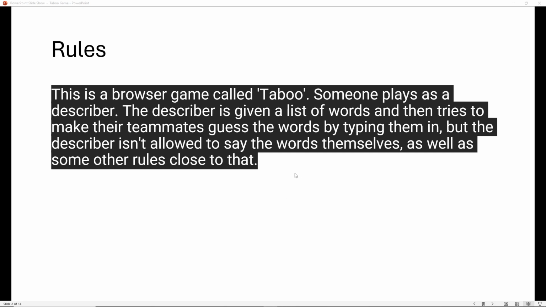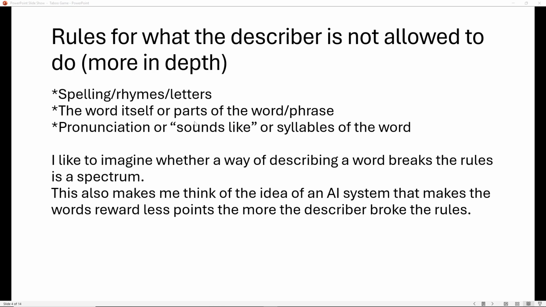Taboo, browser game. There's a describer and guessers. The describer has to describe a list of words to his guessers. Guessers have to guess it. They get points if they guess it. The describer isn't allowed to say the word directly or indicate its spelling or pronunciation, and that's what makes the